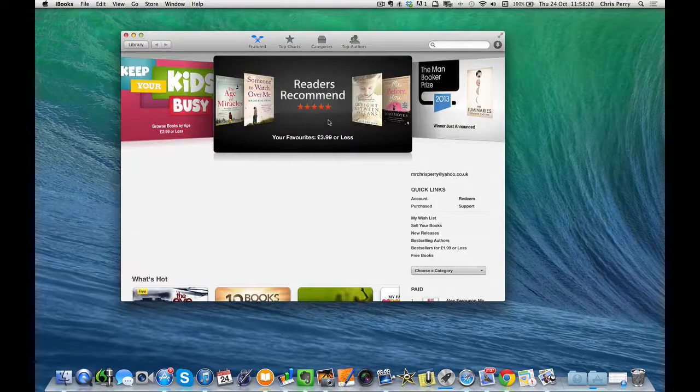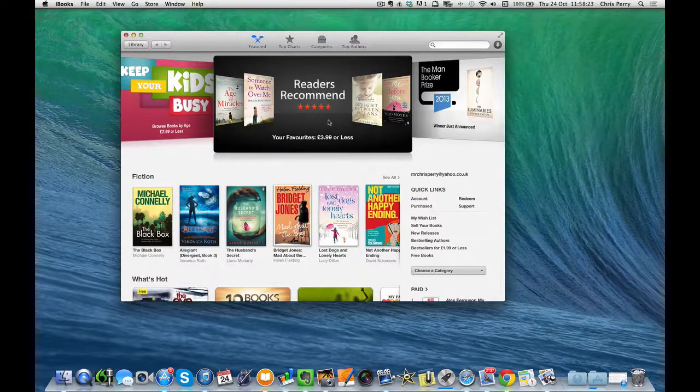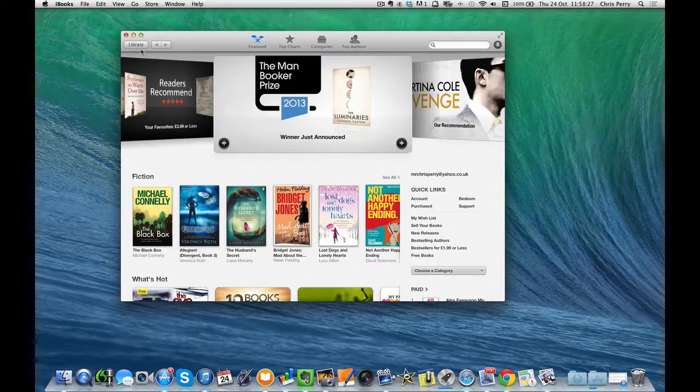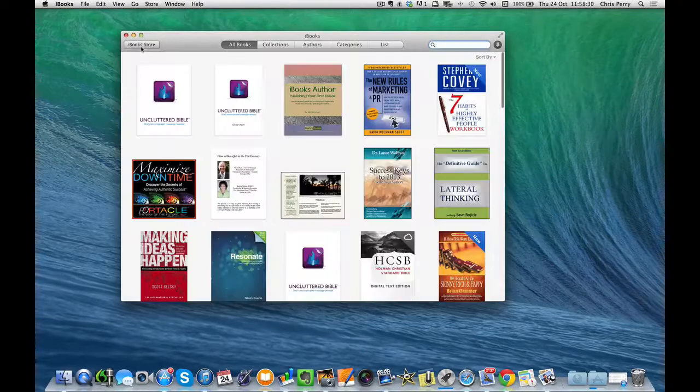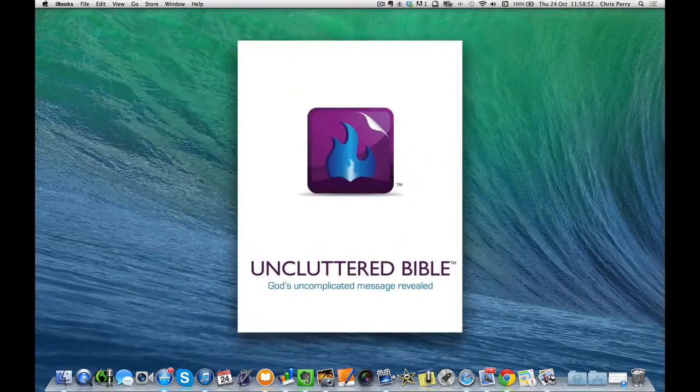Select library to go back. That'll show your own personal library, and you have the options of all books in this format, different collections, by author, by category or by list. And what I'm doing is just selecting one of these. This is actually on the iPad, because I created this Uncluttered Bible last year, the first Bible in the world without numbers and headings. And you'll see this is the page that I was recently at, and you'll see that